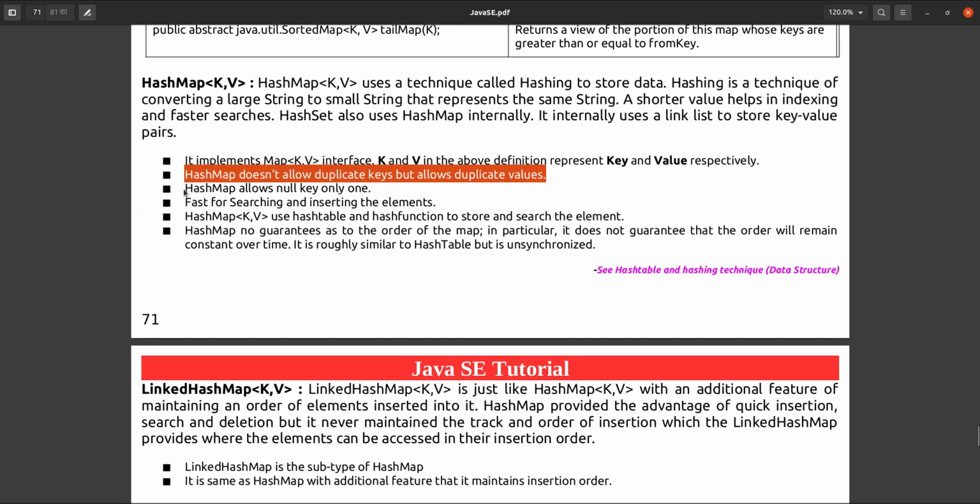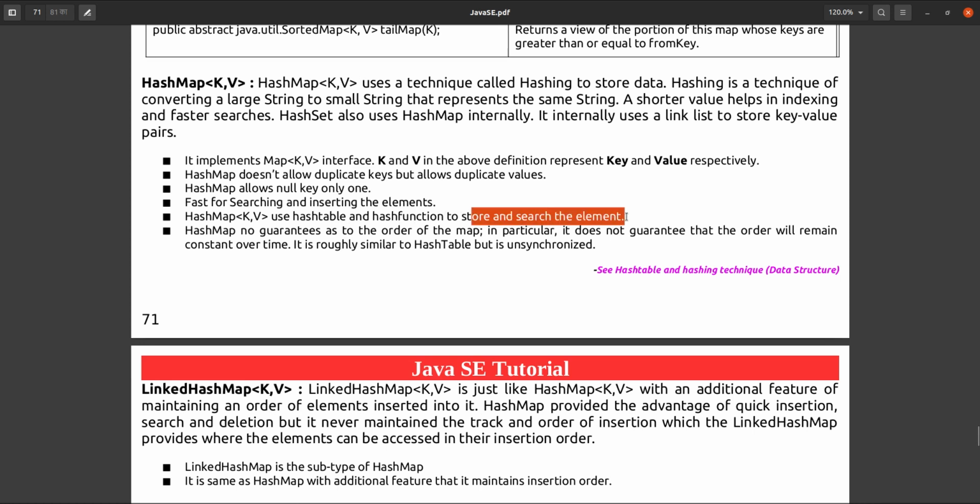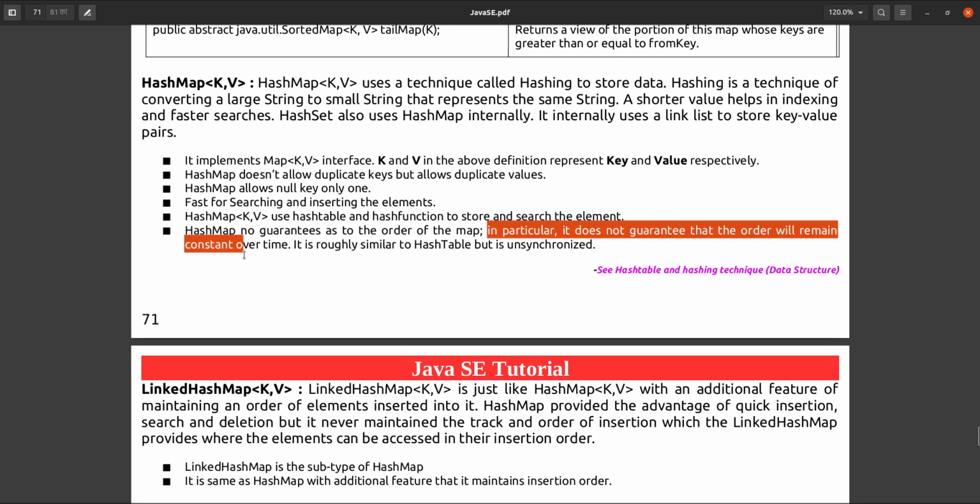HashMap allows a null key only once. It is fast for searching and inserting elements. HashMap uses a hash table and hash function to store and search elements. HashMap gives no guarantee on the order of the map. It does not guarantee that the order will remain constant over time.